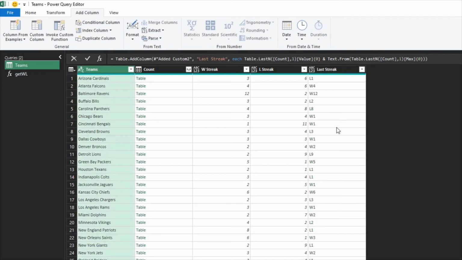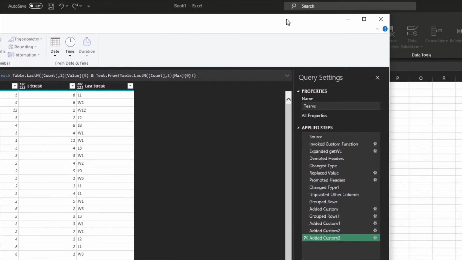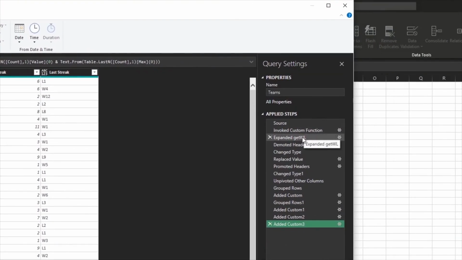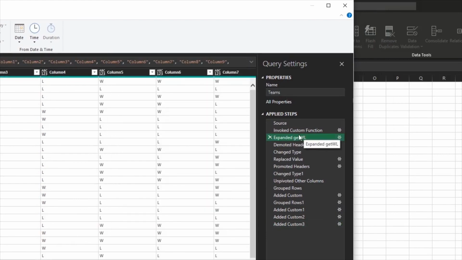We've got our win streak, our loss streak, and our last streak. But I also want to hook this up with what we had in the beginning. All those columns with the wins and losses, so you can kind of see it together. So how do we do that? Well, if we go back and look at some of our steps, let's get back to where we had just those wins and losses. So I think if I hit expanded get wins and losses,